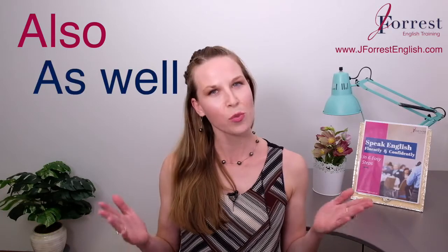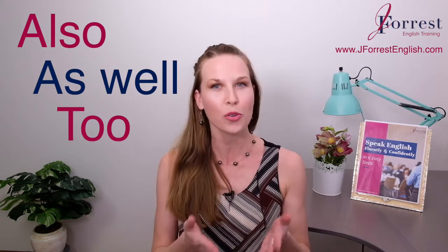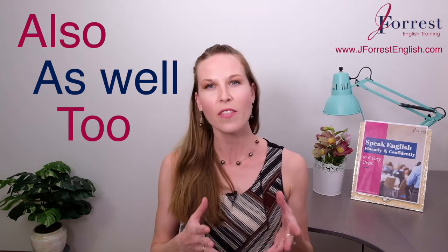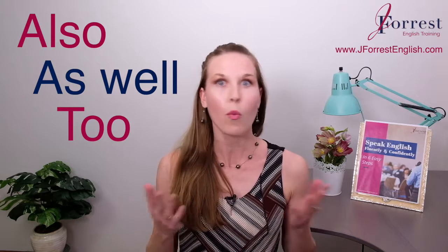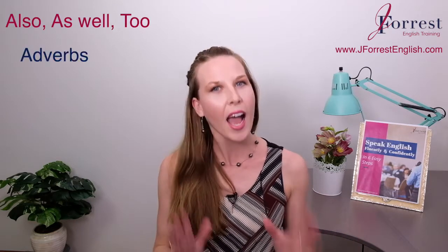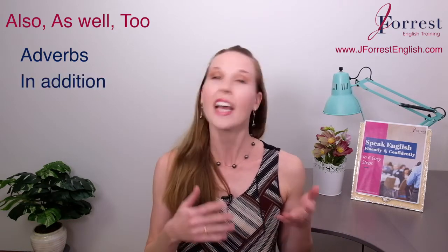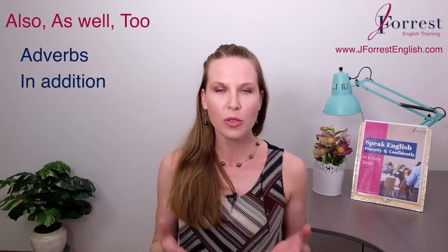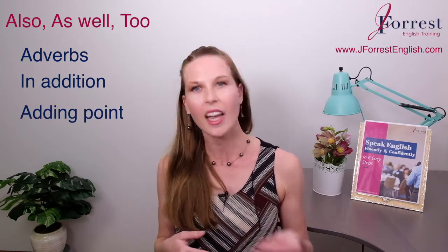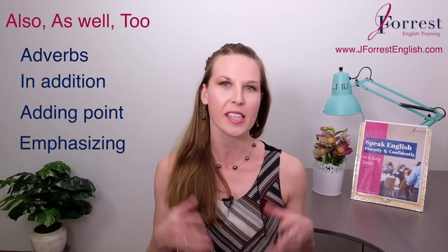Also, as well, too. How can you use these three words confidently in your vocabulary? Well, first of all, let's talk about what these three words mean. All three are adverbs, and all three have the same meaning. They mean in addition. So we use them when you're adding another point or when you're emphasizing a point